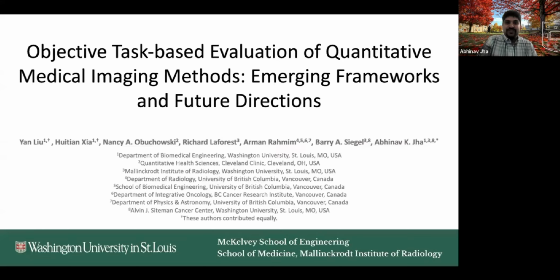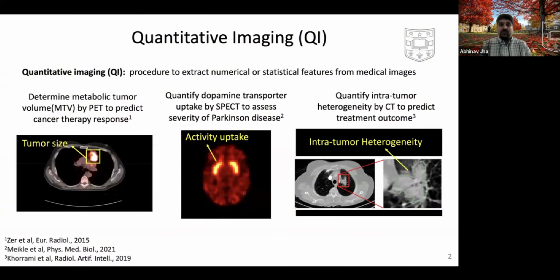So let's get started. Quantitative imaging, as most of you may already know, is a procedure to extract numerical or statistical features from medical images and use these for clinical decision making. Now, there's a lot of excitement about quantitative imaging. There are several examples of this, such as determining metabolic tumor volume by PET to predict cancer therapy response, quantifying dopamine transport uptake by SPECT to assess severity of Parkinson's disease, and quantifying intratumor heterogeneity by CT to predict treatment